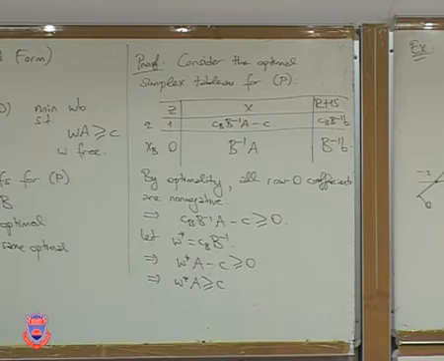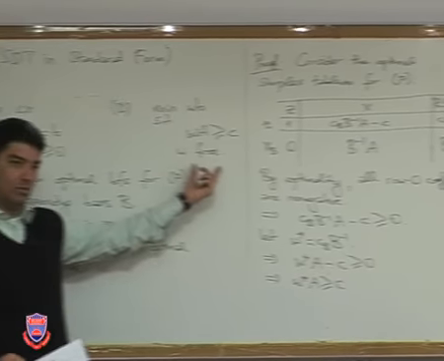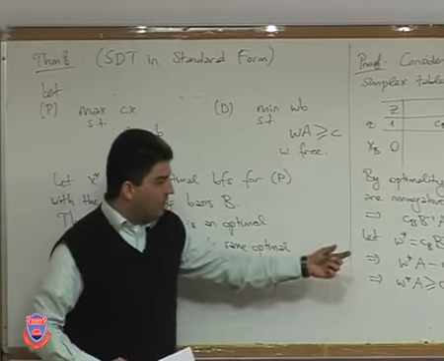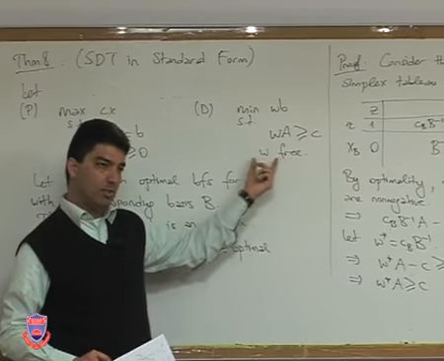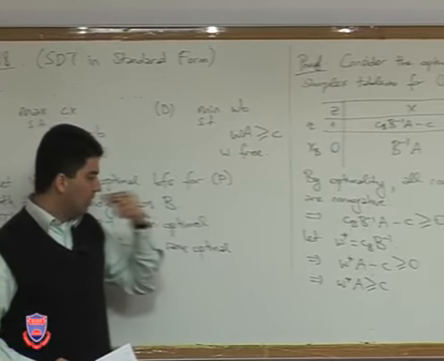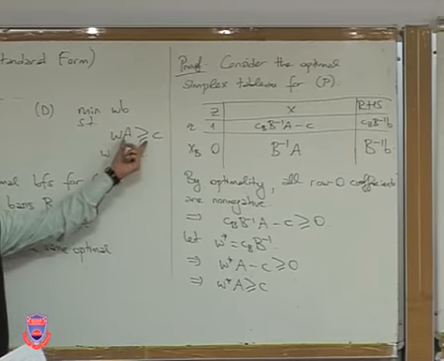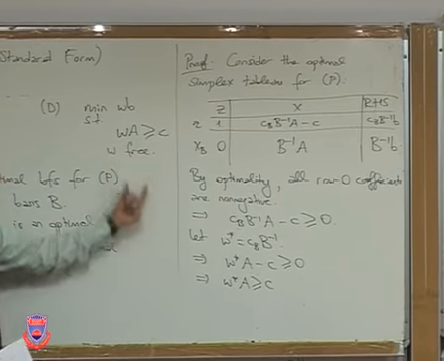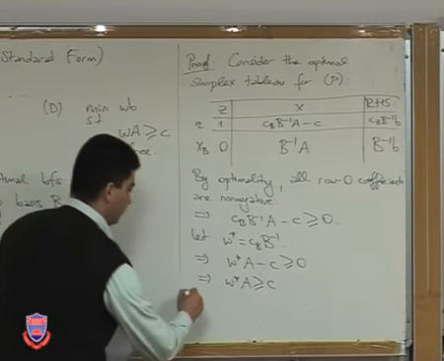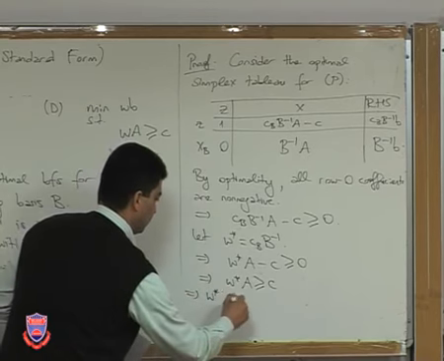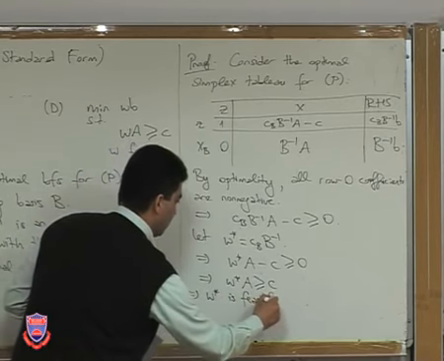Which means that W star is a feasible solution for the dual problem. Here, unlike the previous case, I don't care about the signs of W because I have no restrictions on the signs of W. Okay. So since I have only these constraints, W star satisfies these constraints, so W star is a feasible solution. It's feasible for D.